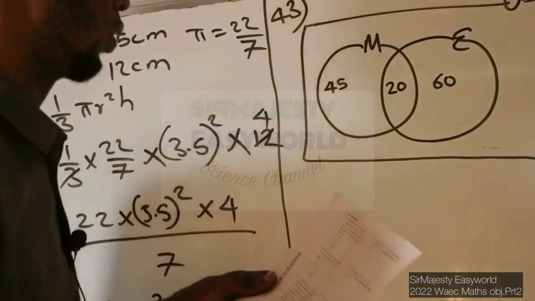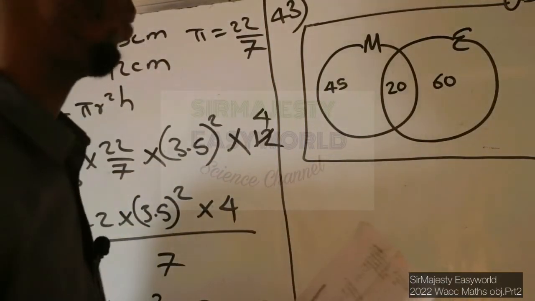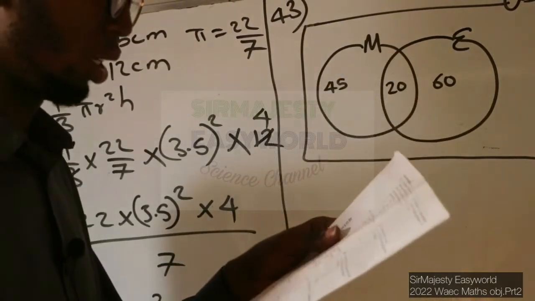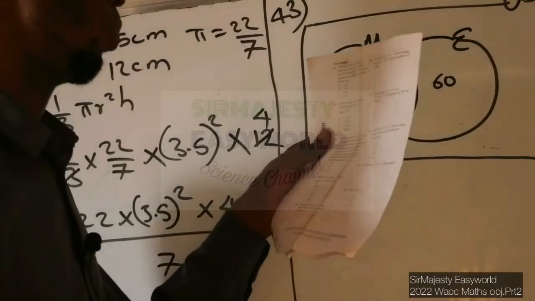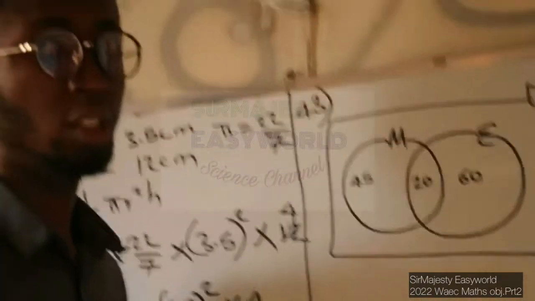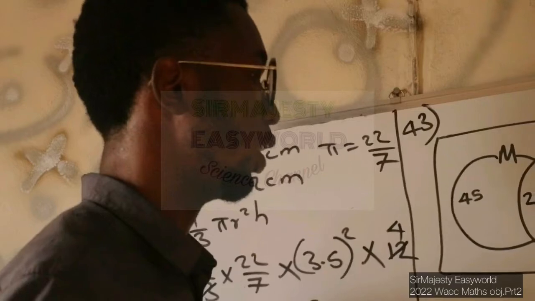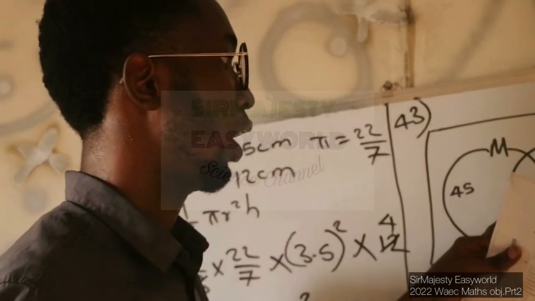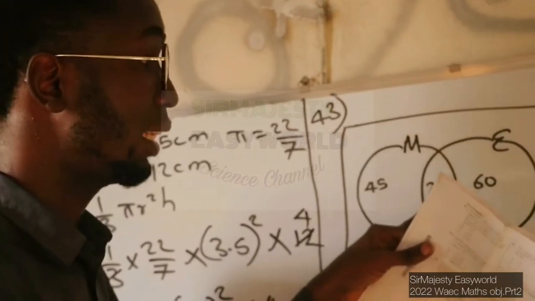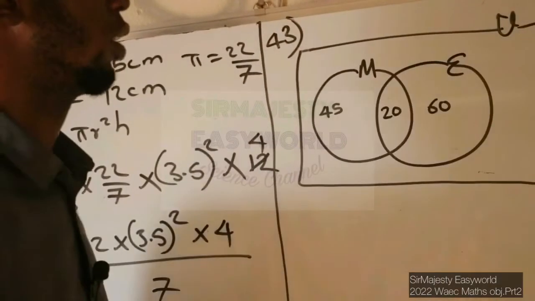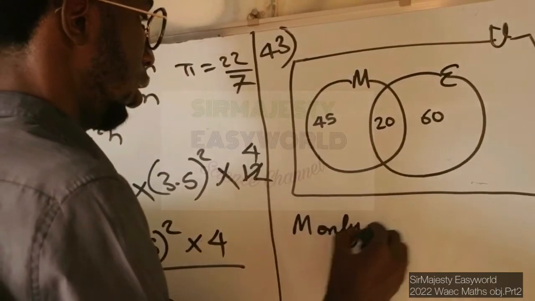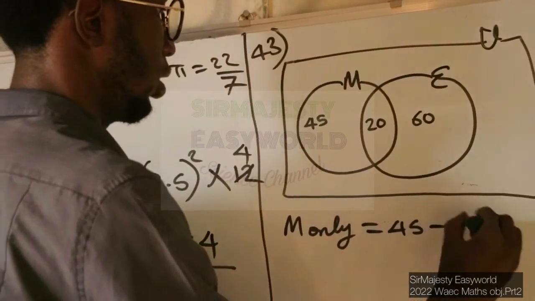So how do we find this? First of all, as you can see here, we have 45 here. This 45 is the percentage of people who read Morning Times, but not the percentage of people who read Morning Times only. We have to find the percentage of people who read Morning Times only. So to do this, we have to subtract this 20 from this 45, because this 20 includes those who read Morning Times and Evening Dispatch. So that we have Morning Times only, M only, is equals to 45 minus 20, which gives us